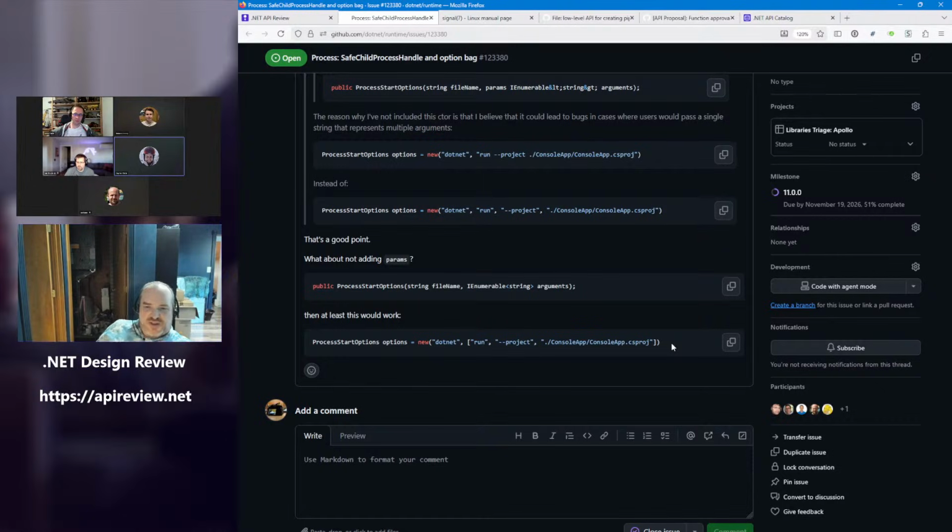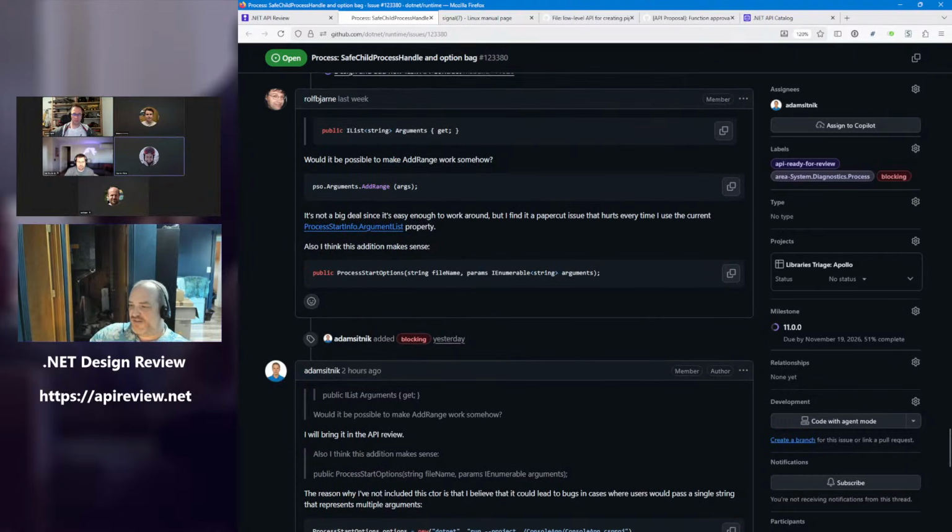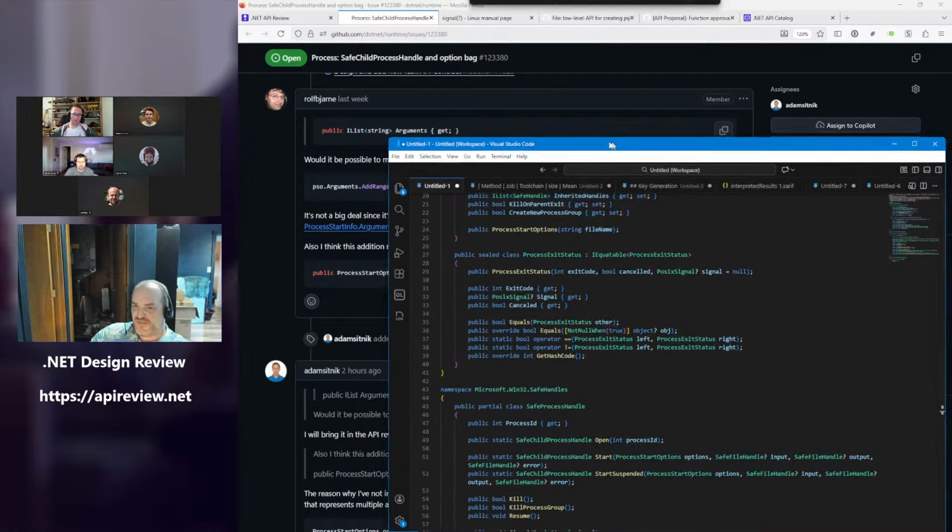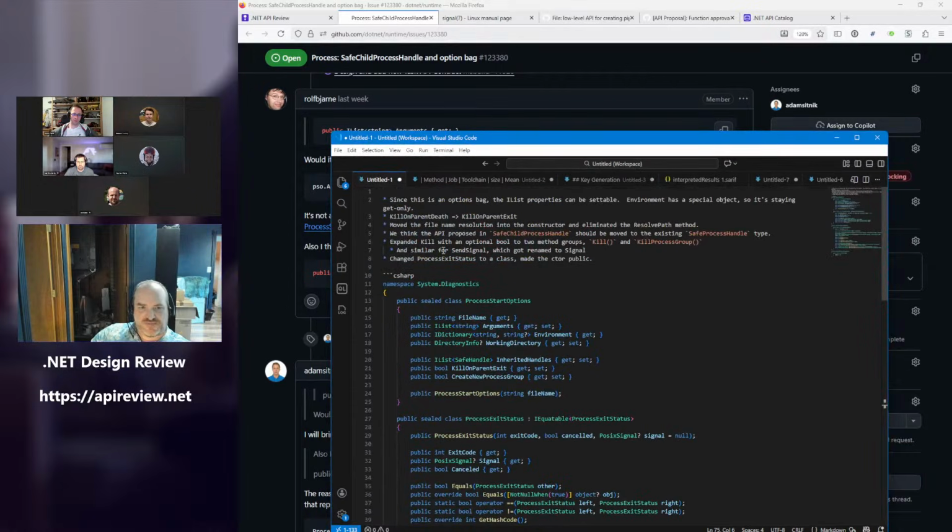All right, so here's what I have. Remember a million years ago when we were talking about the options bag? Arguments and inherited handles gain setters. Environment did not. We renamed kill on parent death to kill on parent exit. We got rid of the resolve path method and said if you care about resolving the path custom, you need to pass a